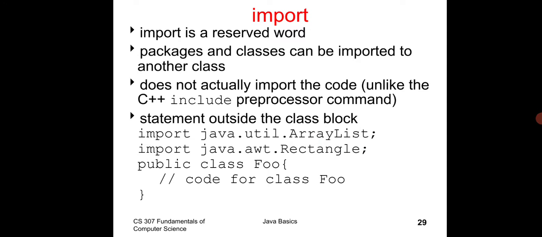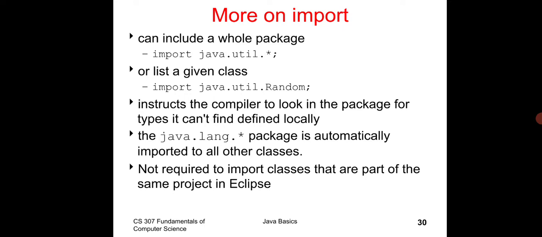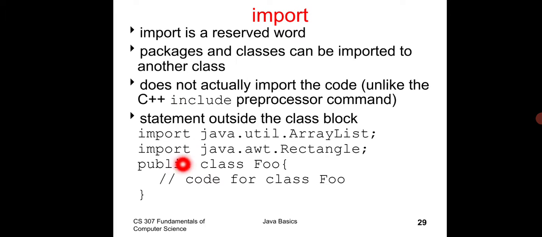Next, like in C programming, where we have to include header files, in the same way we have to include packages in our Java program using the concept called import. Import is the keyword. It will retrieve the packages which are available in the Java library. Here are the examples of import package. Just see in this PPT: import java.util.*. Instead of mentioning ArrayList, we can make it as star.